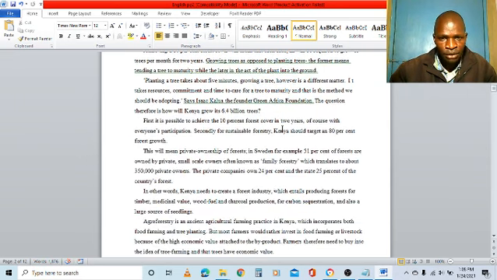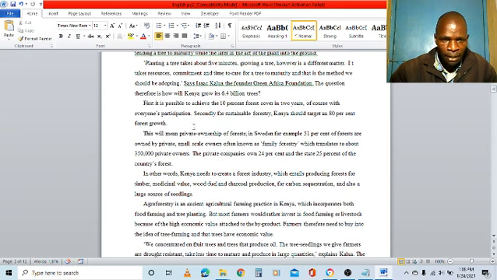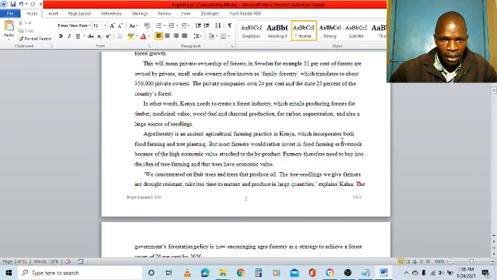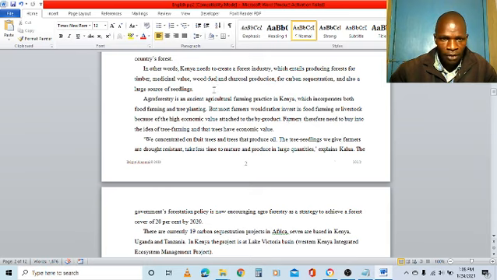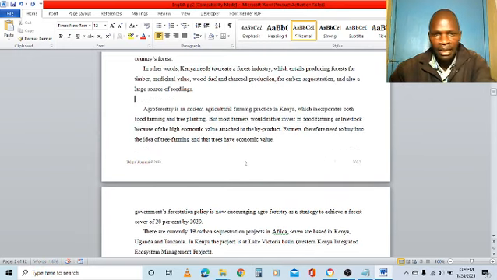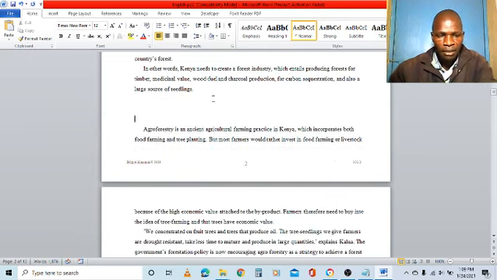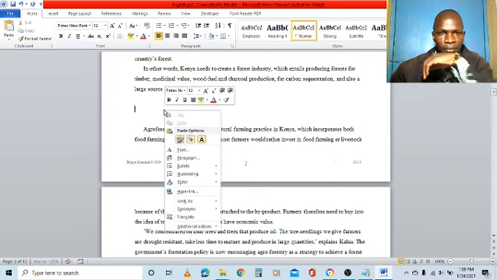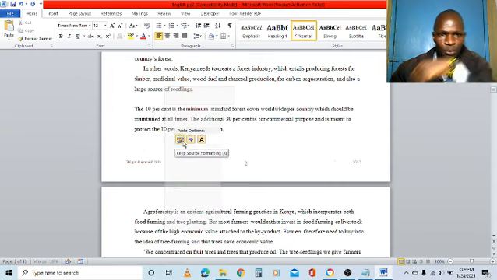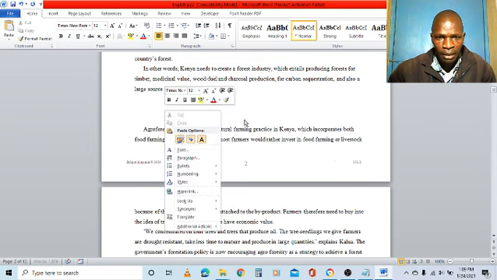So I realized that I should have pasted elsewhere. I want to move to another place. So maybe it was here. So I create space, and then right click to paste. So I have moved it from where it was. I can paste.